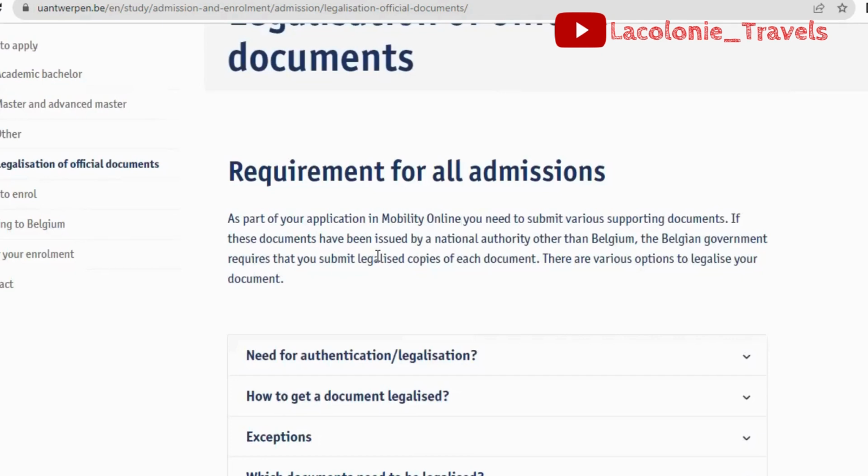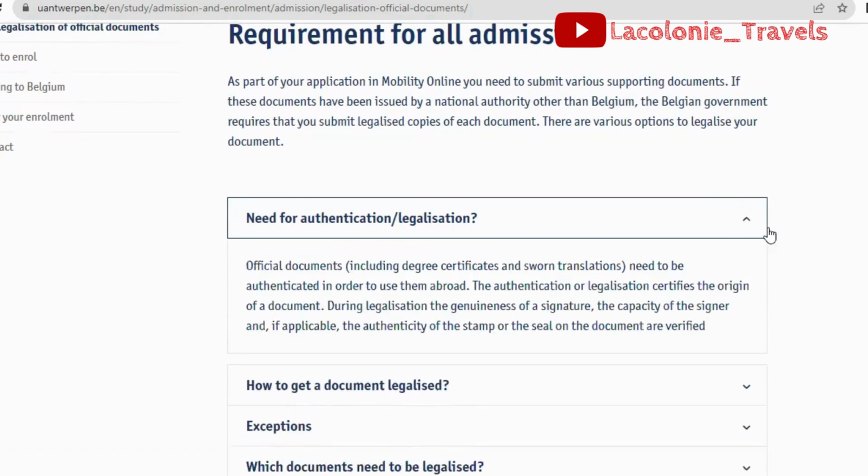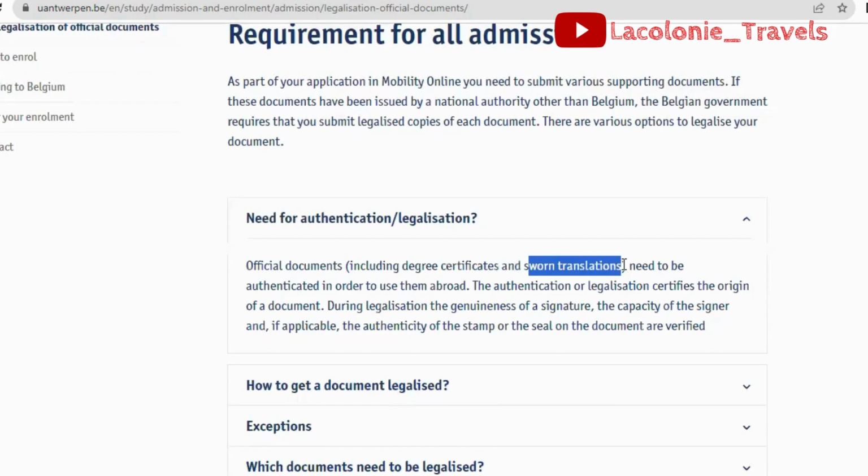If these documents have been issued by a national authority other than Belgium, the Belgian government requires that you submit legalized copies of each document. All right, so let's look at a few important details here. Need for authentication, legalization. Official documents, including degree certificates and sworn translations, that's if they are not in English, German, French, any of